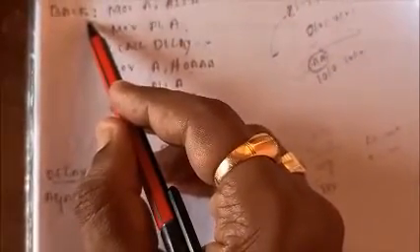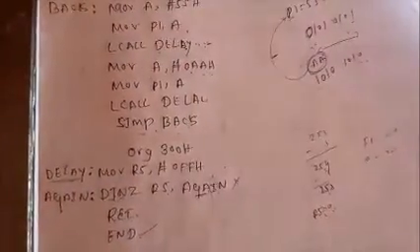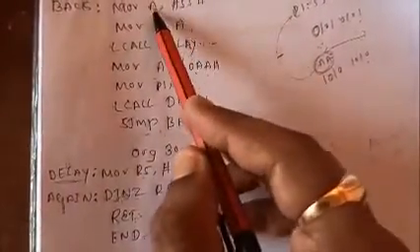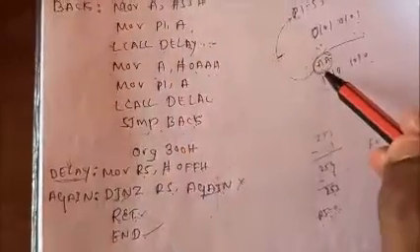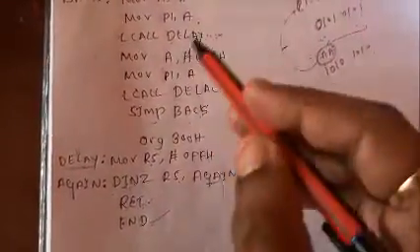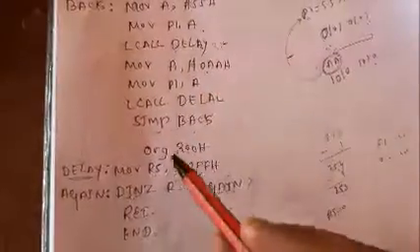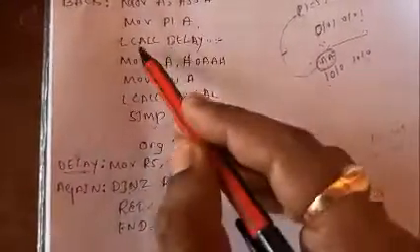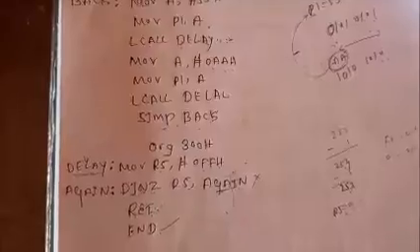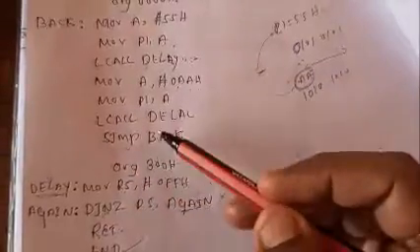So what will happen to the program here? The program again will start with the previous one only. Previous means again it will load 55H. So that means again it will switch from 0AAH to 55H. Again your program repeats. Clear? So this way we are going to write subroutine programs with the help of LCALL delay, and presently I am looking for only the LCALL delay. Is it clear? This is very important, so try to practice. So here I explained how this program works.